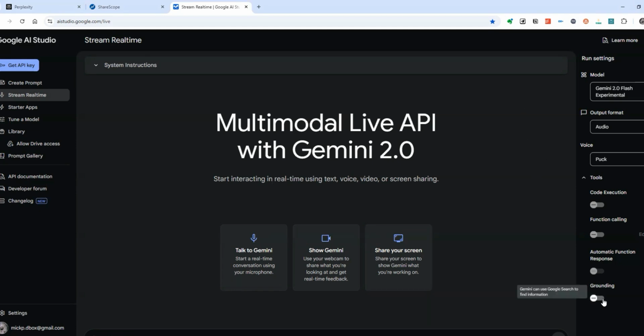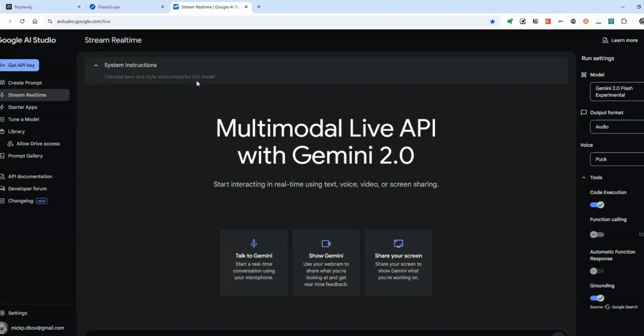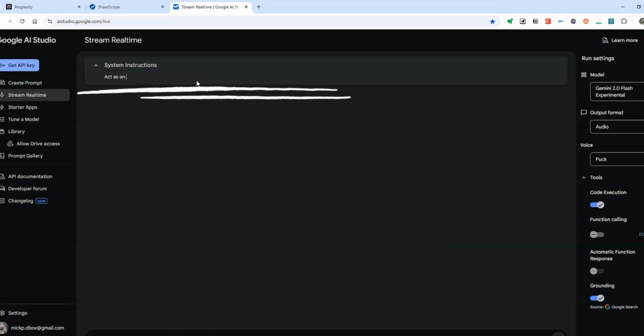I'm going to turn on grounding, which enables it to search via Google anything that it might need to know, and I'm going to switch on code execution so that if it needs to write any programs in the background to analyze anything that I ask it to do, it can do that as well. You can see here that on the right hand side it's got Gemini 2.0 Flash experimental, and I'm going to ask it to act as an expert in technical analysis